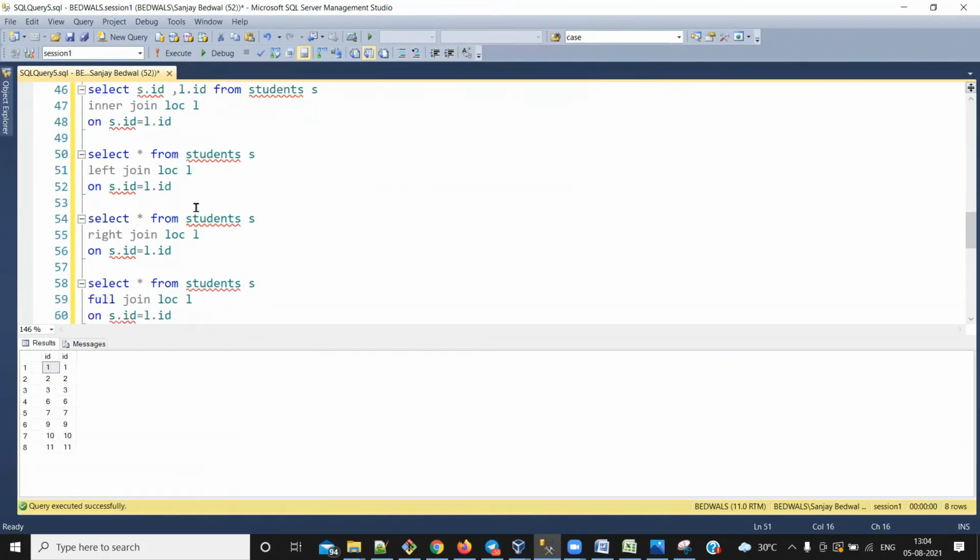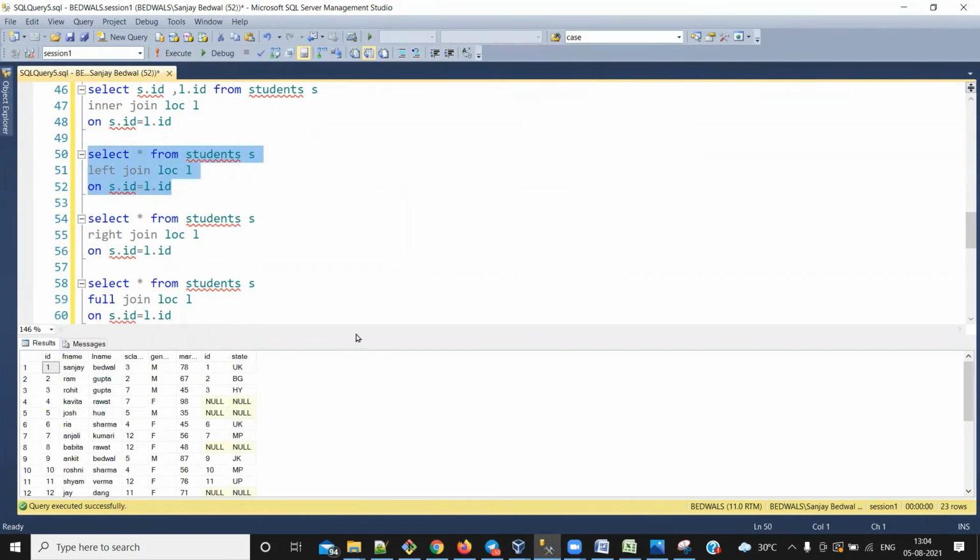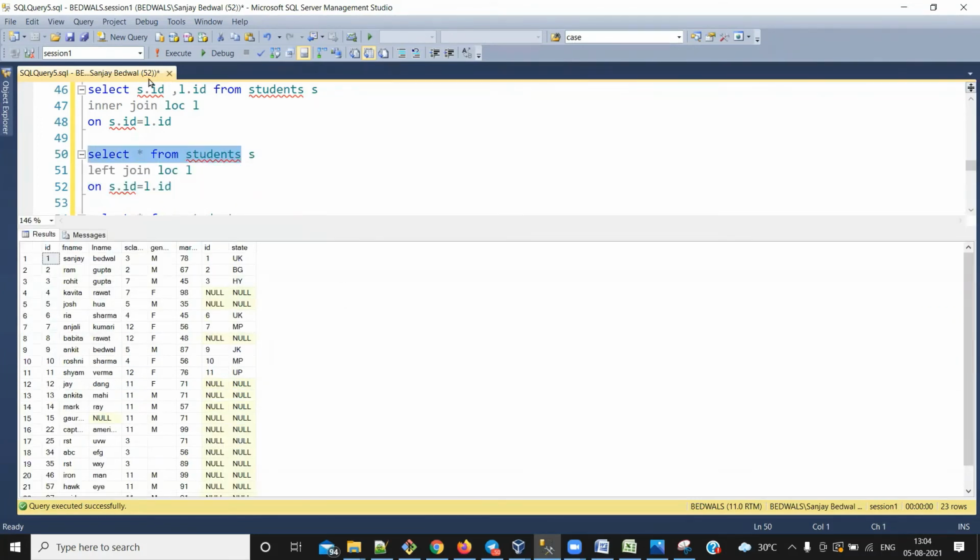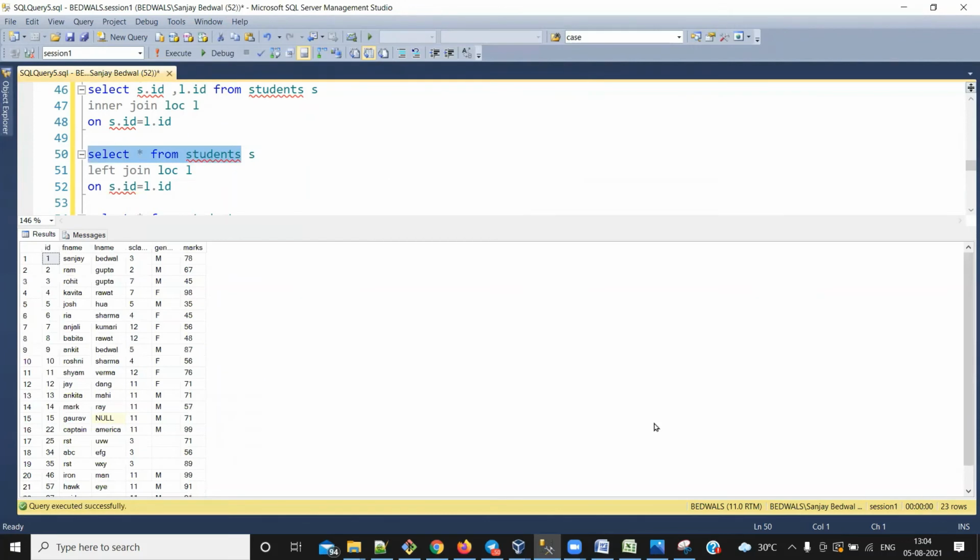Now let's talk about non-matching values. Non-matching values we can find out with the help of left join. What left join will do is, whatever table we have on the left side of the join, every record of that table will get printed, irrespective of whether we are receiving any matching rows or not. Okay, let's run it and see. So how many records do we have in the student table? First cross check this. We have 23 rows. Now let's run this query again and see that we have received 23 rows.